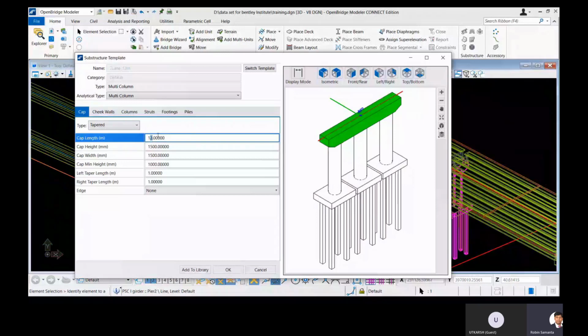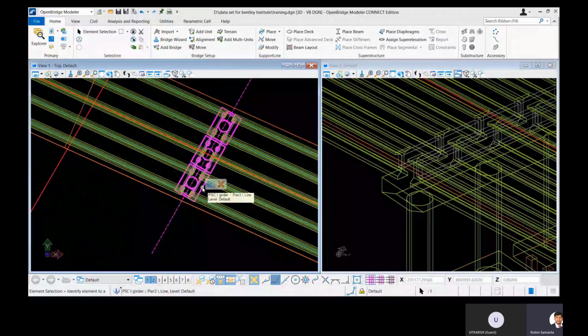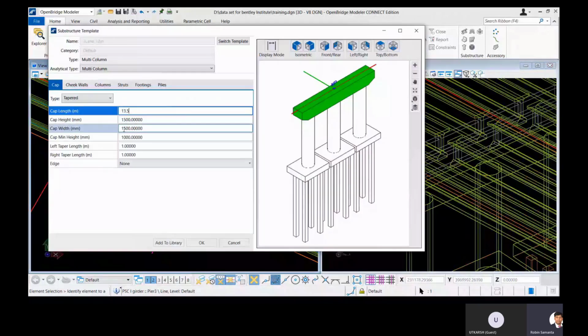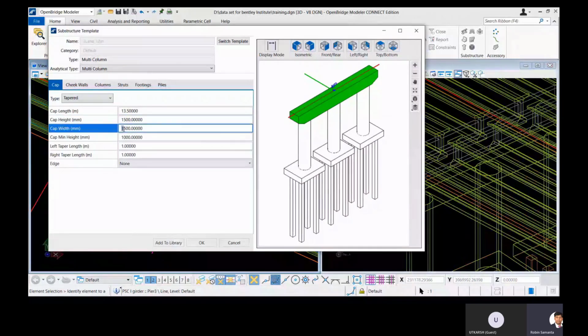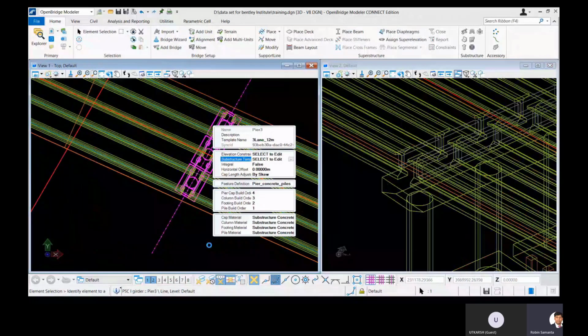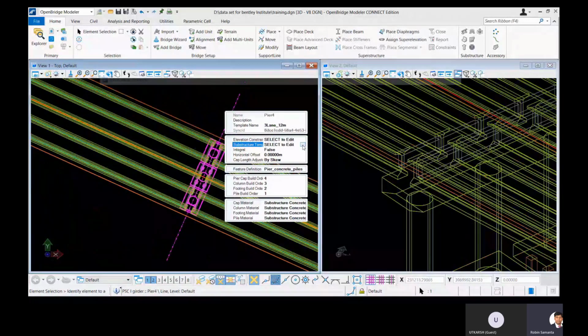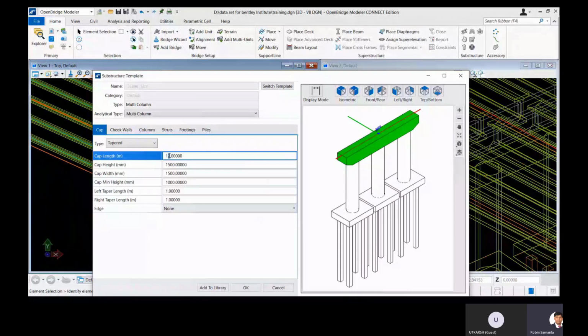Similarly, you can select the individual piers and change them. Or you can select one pier, add it to a library, and use that for applying to all the piers. So there are different options available. Because we have a very small number of piers, I'm going by this quick one. Similarly, push your values 13-meter and 2.5-meter, give it OK, and it's done. So now I have updated all my piers.